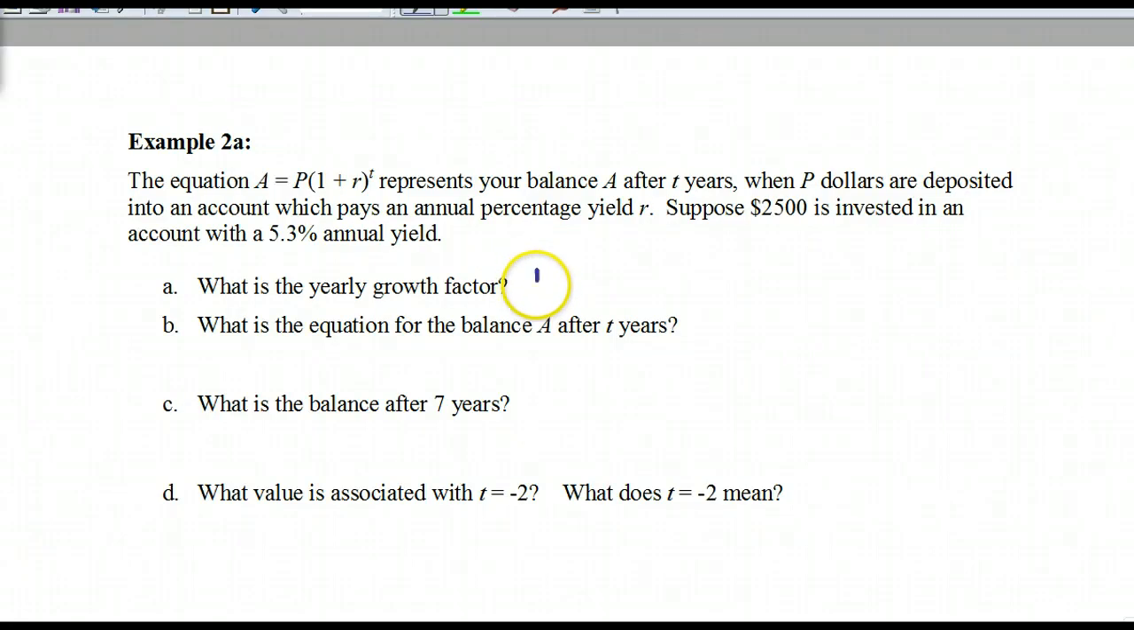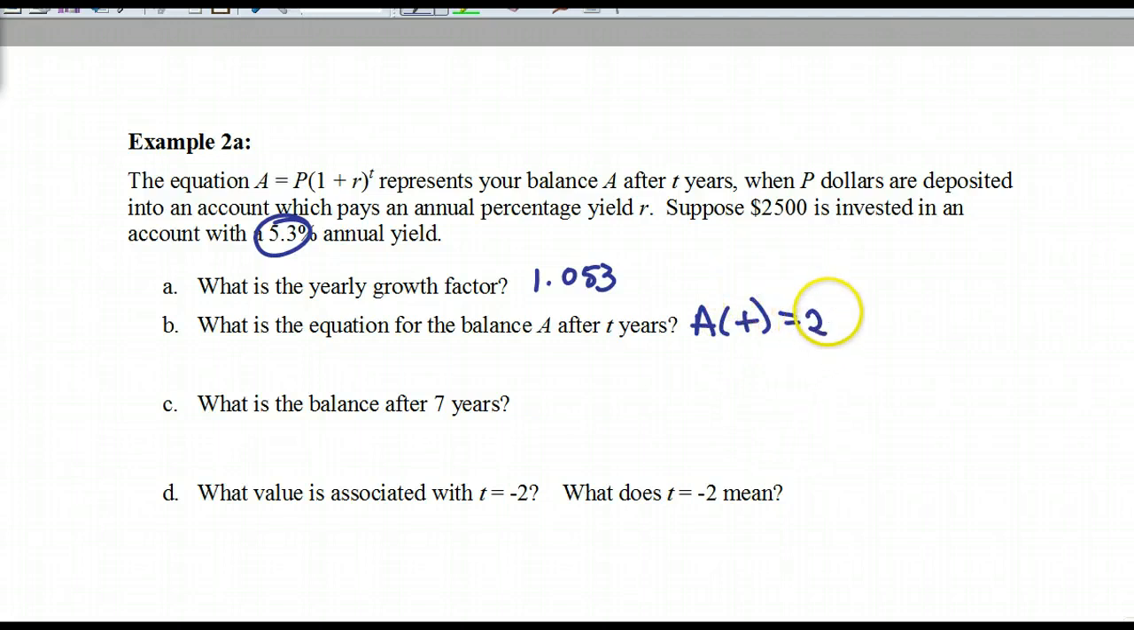1.053. Okay? So you're adding that to 1. You put this in decimal form and add it to 1. The second part, B, says make an equation. So it'll be A of t. We invested $2,500, so it'll be $2,500 first. And then it'll be 1.053